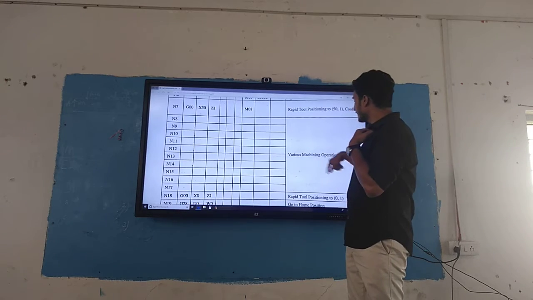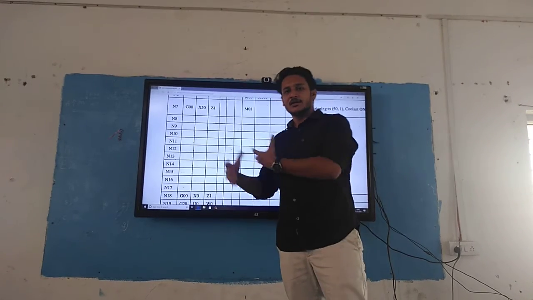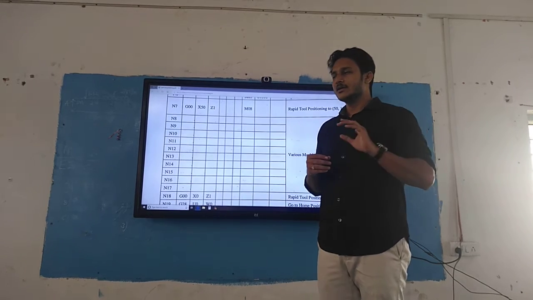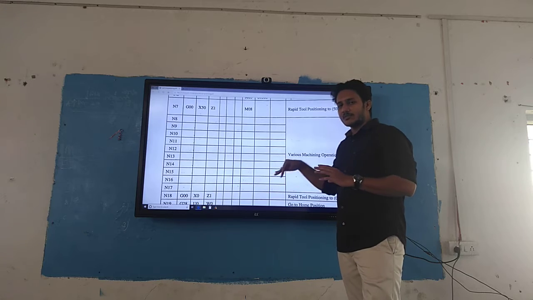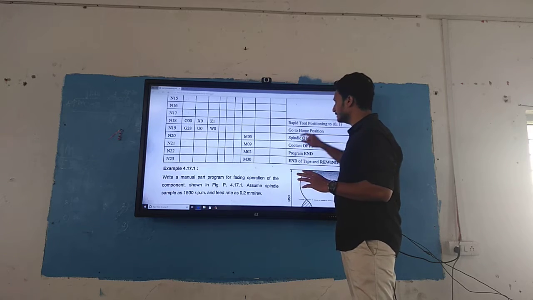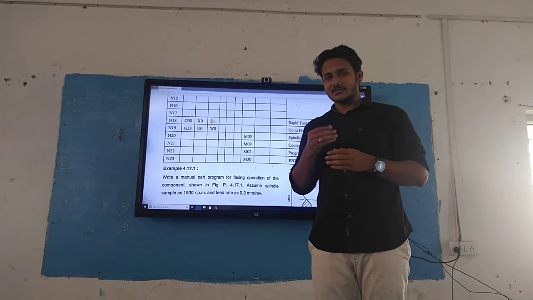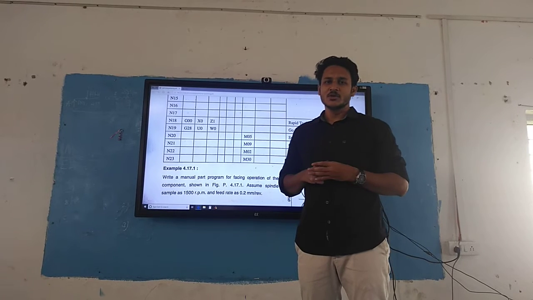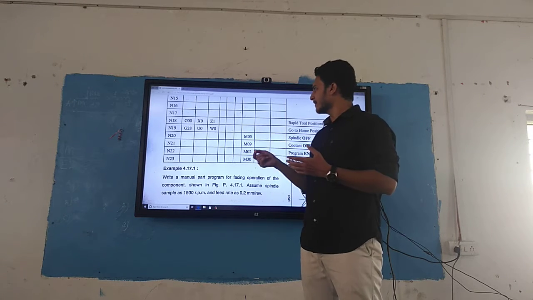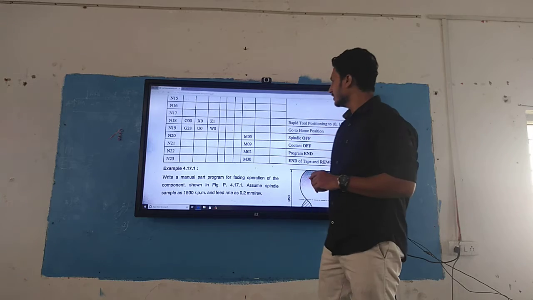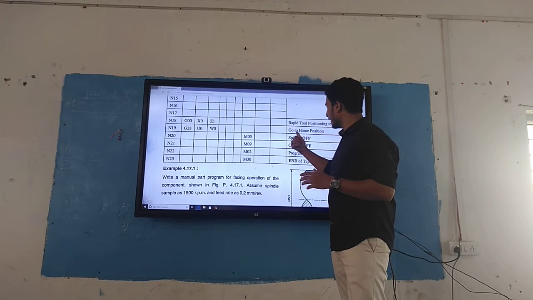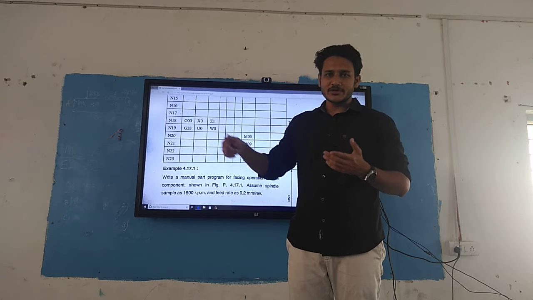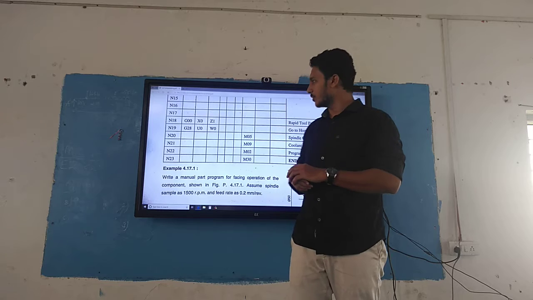Well, the various machining operations you have to write down in the next sequences. Whatever you are doing, facing, turning, milling or drilling, you write down the programming in between here. Once all the machining operations are over, you have to take your tool back to its original position, X0 and Y0, or whatever position you want. If you write go to home position, the tool is going to go back to its home position.